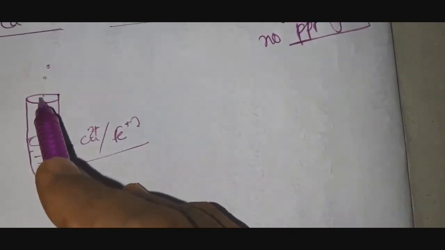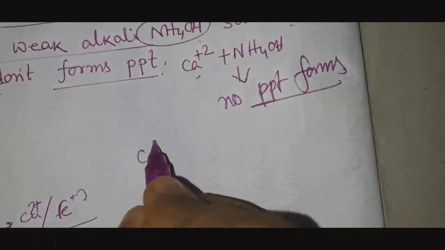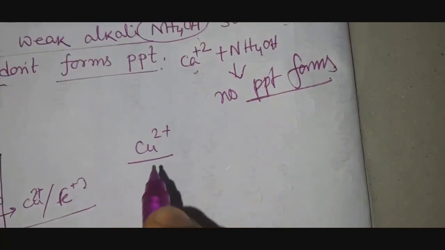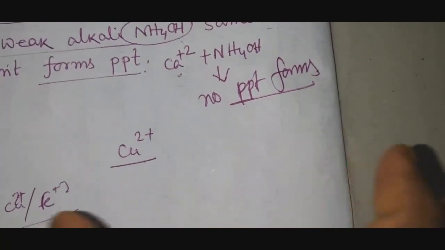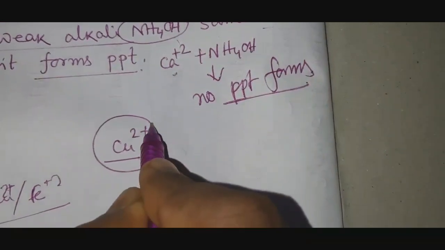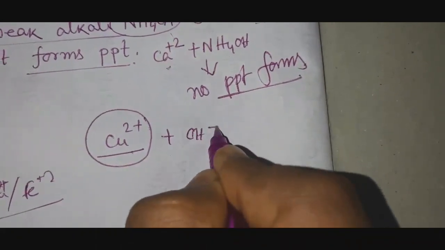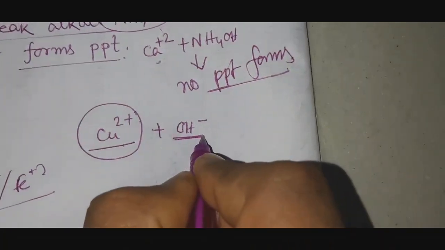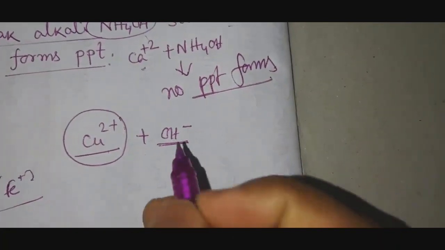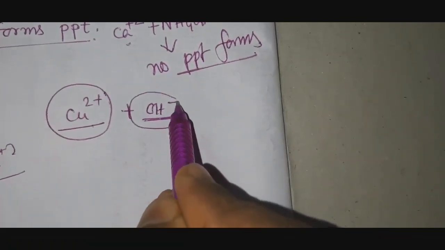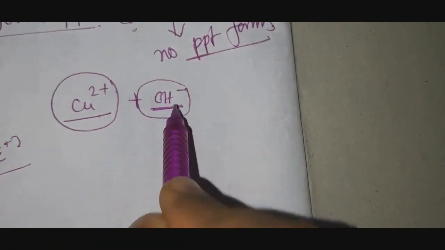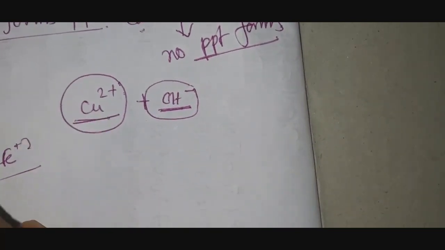Suppose it is a test tube. There I have taken any solution, that may be copper or iron or anything: copper 2+, iron 2+ or 3+. To it I am adding the alkali dropwise. Whenever these alkalis come in, what happens? This copper 2+ ion may be coming from copper sulfate solution, copper chloride solution, copper nitrate solution, whatever it is, it doesn't matter, but the copper 2+ cation is there. The OH minus ion is coming from where? Either from sodium hydroxide or ammonium hydroxide or potassium hydroxide, anywhere. That means whether the alkali is strong or weak, the OH minus ion is coming from the alkali and the Cu2+ ion is coming from the solution.